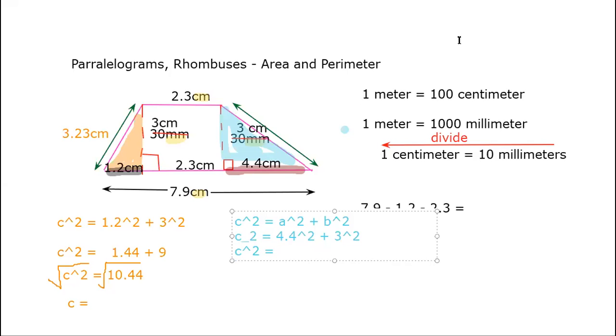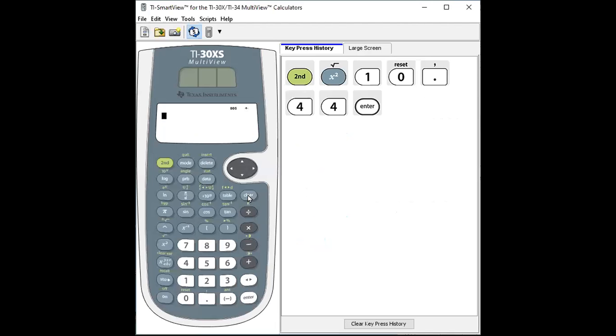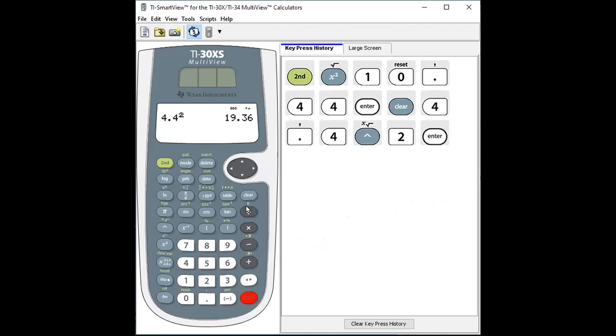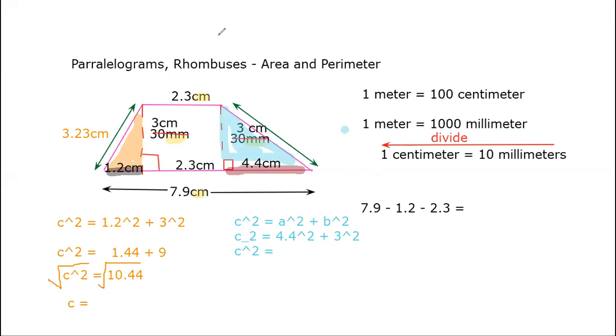So let's figure out what 4.4 squared is on our calculator. 4.4, up arrow, squared, enter. That's 19.36, and I already know I'm going to add 9 to it. 19.36 plus 9 is 28.36. So c squared equals